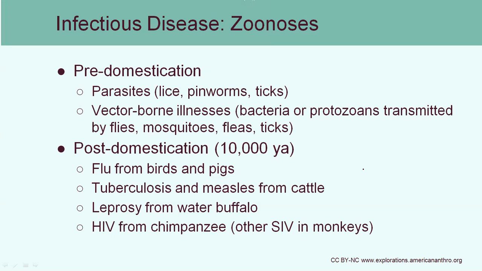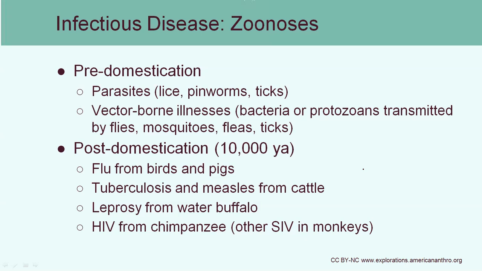But post-domestication, we're going to have a lot more interaction with animals. When you interacted with a wild animal, you were probably only doing it for short periods of time while you were hunting it, butchering it, and then cooking it. And if you're cooking it, most bacteria, protozoans, and viruses are going to be destroyed in that process, so you're not going to get sick. However, when you have cattle or pigs or birds in your yard and you're feeding them, taking care of them, and milking them, there are a lot more opportunities for the pathogen that lives in that host animal to jump to a human host.